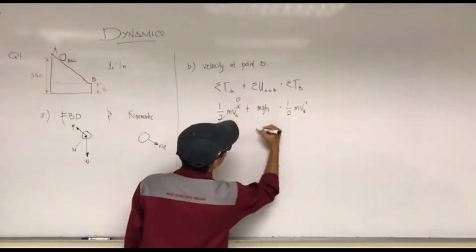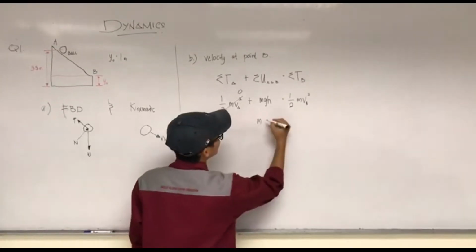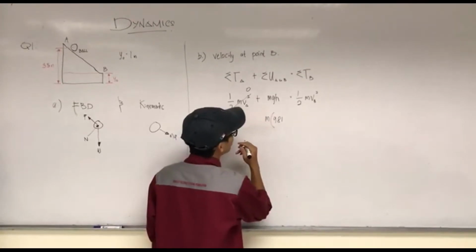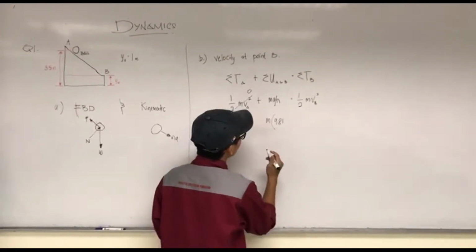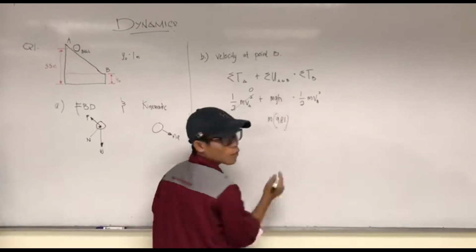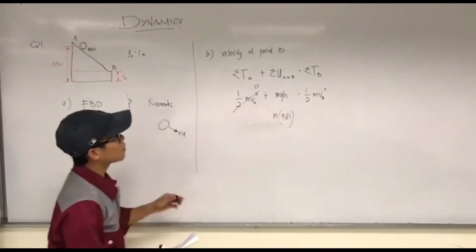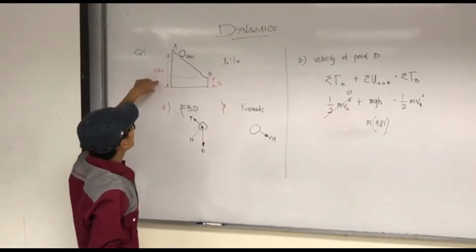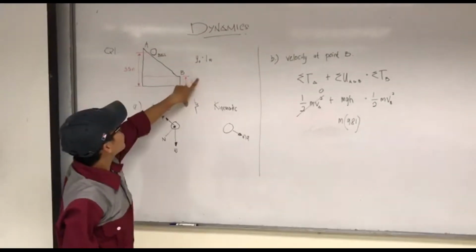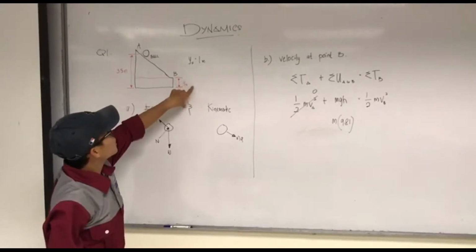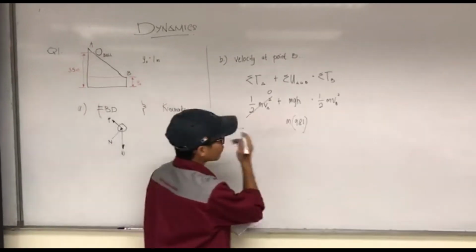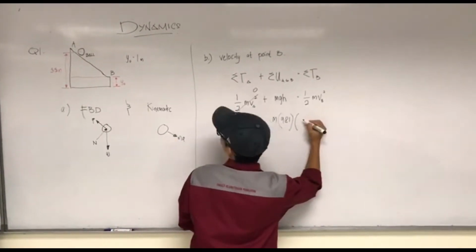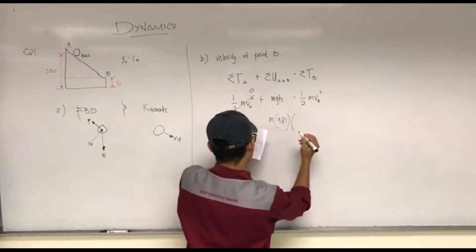Mass is not given, and gravity is 9.81, and we have two heights. From the ball to the ground we have 3.5, and at point B we have y0 is 1. So we just put 1